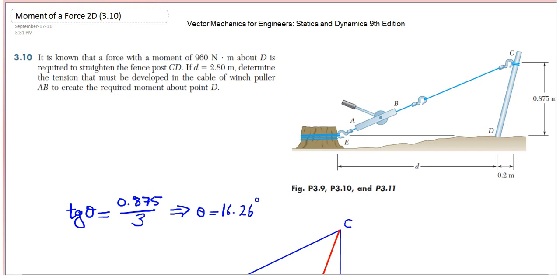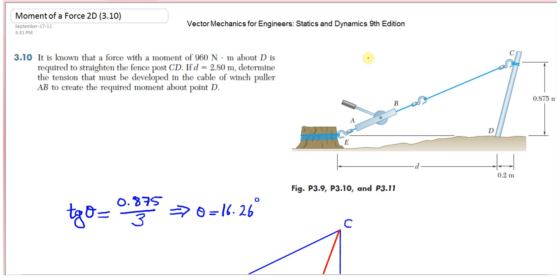I'm going to solve problem 310. It's about the system of forces. Actually, we're going to find the moment about point D in this problem. We know that the force